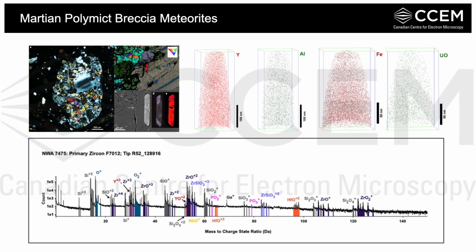And based on our terrestrial zircon measurements in the Atom Probe, we would expect to see evidence of trace element mobility in these oldest igneous grains if they were exposed to these high temperature metamorphic conditions. But we don't. So the Atom Probe data we collected is therefore in agreement with the lack of shock metamorphic features that we observe at the micrometer scale.